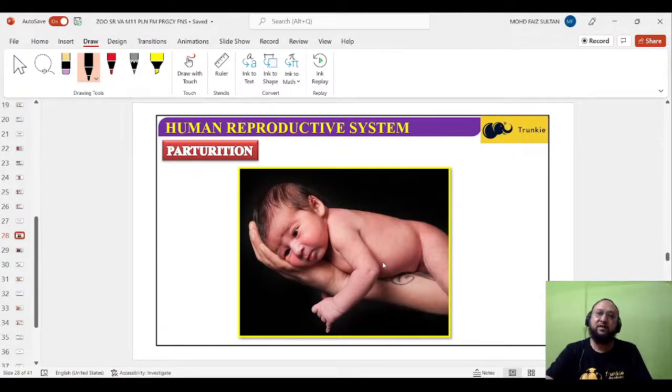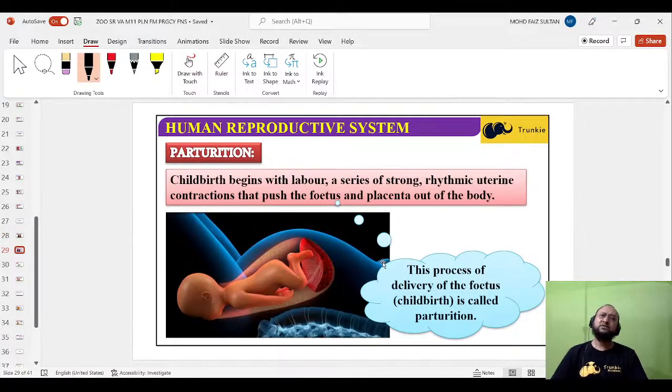The fetus, the baby, is delivered. Childbirth begins with labor, a series of strong rhythmic uterine contractions that push the fetus and placenta out of the body. So automatically when the fetus is fully developed and is now ready for delivery, there will be a kind of signal, a reflex, for contraction of the uterine wall, rhythmic uterine contractions that push the fetus and placenta out of the body. And the labor pain